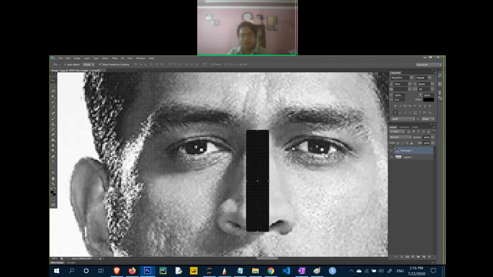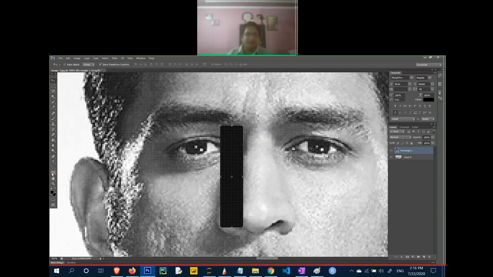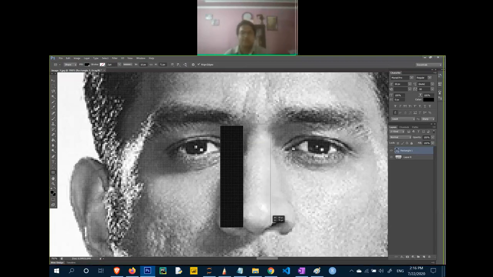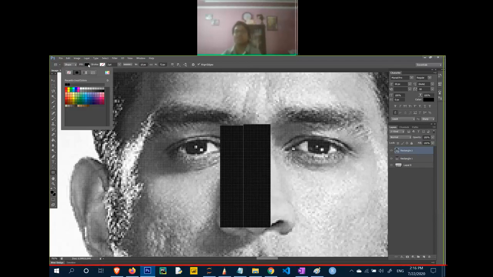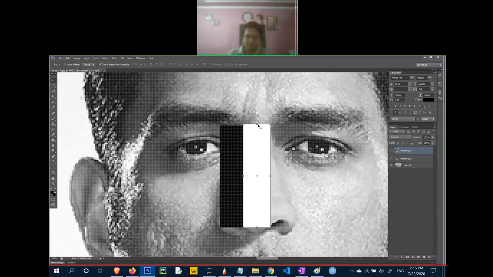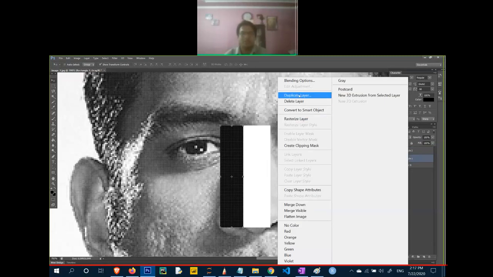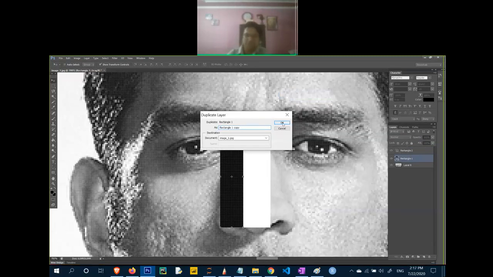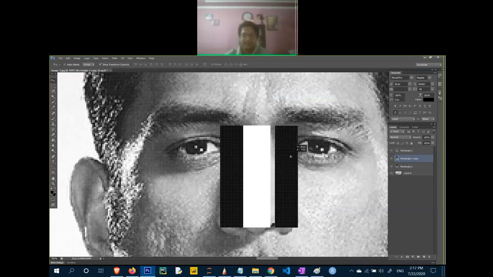So this is black, and then this is white. This is the meaning of putting a Haar feature on the face. And then again the black layer at the right side. Are you getting my point, everyone? What I'm doing here?